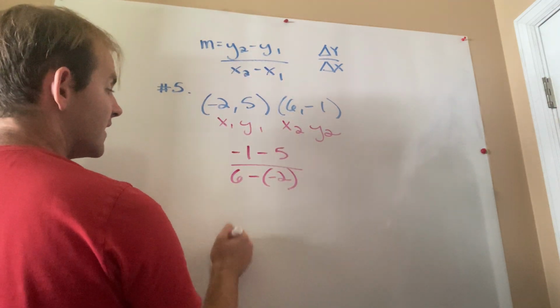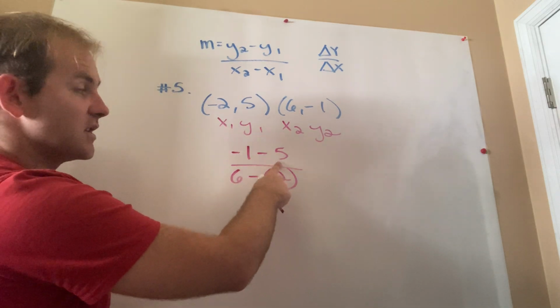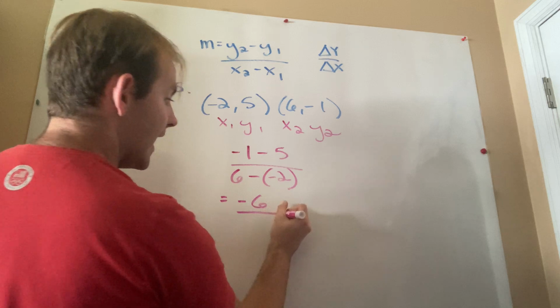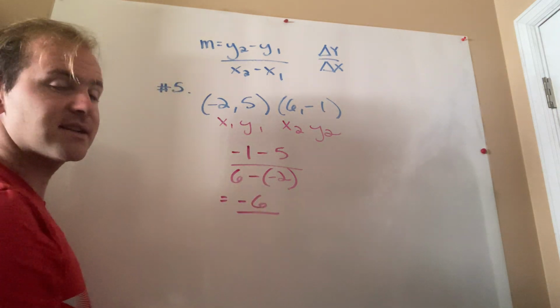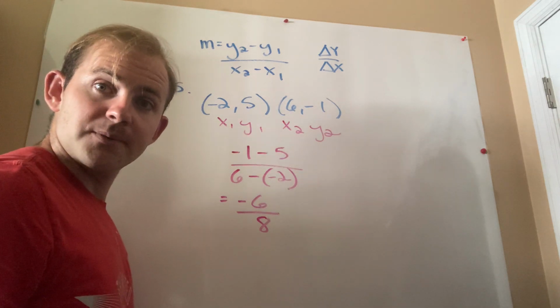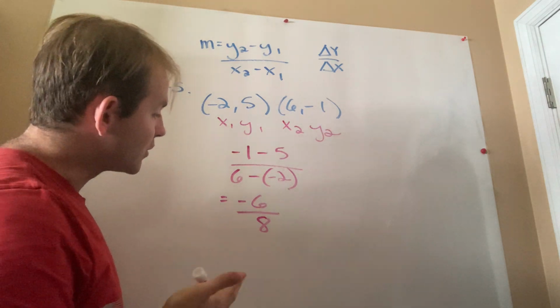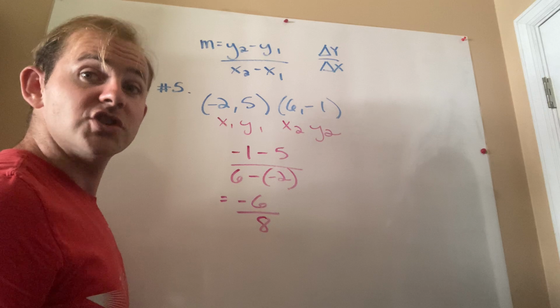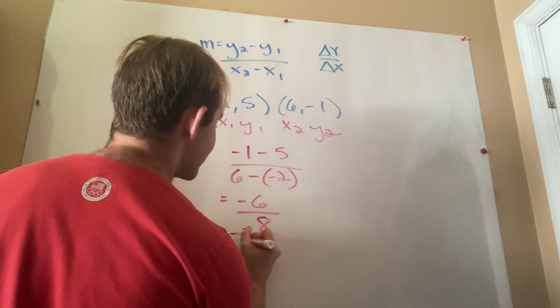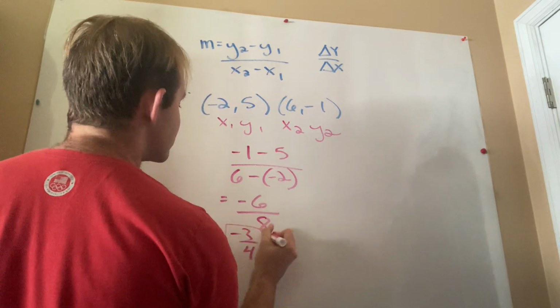When I go through and simplify this, I lost 1, I lost 5 more, that means in total I lost 6. And in the denominator, minus a minus is a plus. Going back to our 6th grade reducing fractions by the GCF, what's the GCF of 6 and 8? The GCF is 2, so I divide both the numerator and denominator by 2, and I get -3/4 is my